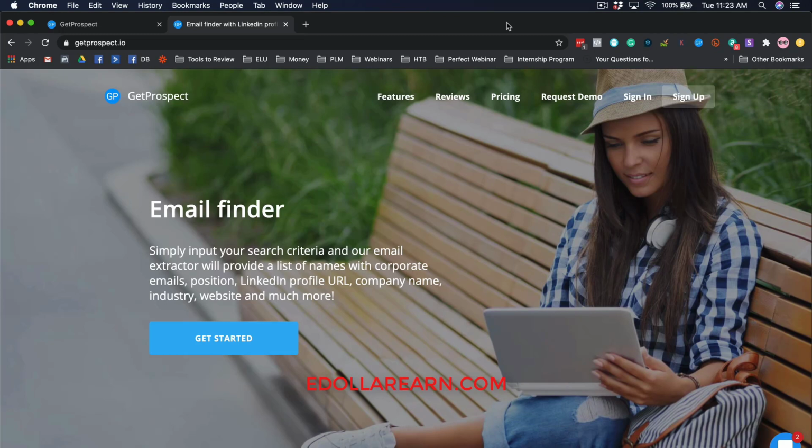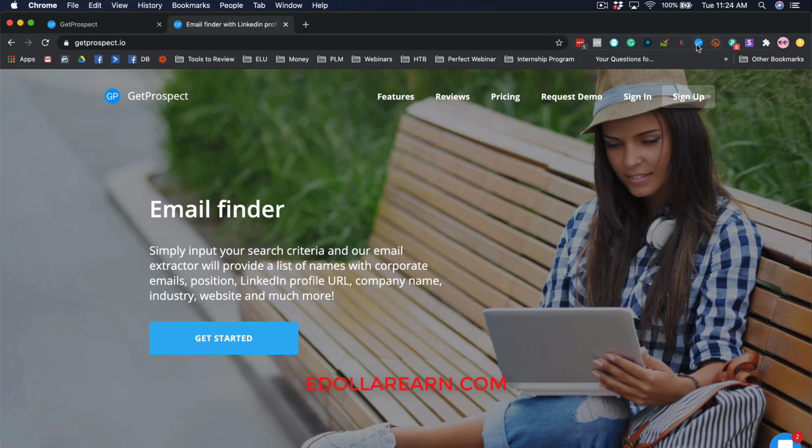And if you are going to LinkedIn, which is a wonderful resource to get prospects from a particular search or from your own connections, then you might want to check out this tool called Get Prospect. Snov.io will also help you search for different industries, based on technology and things like that. But here, Get Prospect is basically connected to LinkedIn. They also have a Chrome plugin. And once you go inside LinkedIn and start searching for profiles, you will be able to get the email IDs of the profiles inside the LinkedIn search.